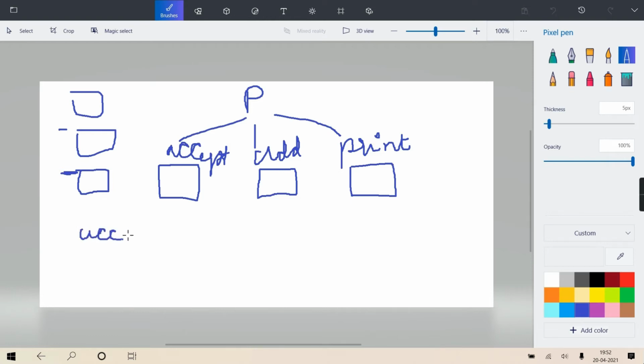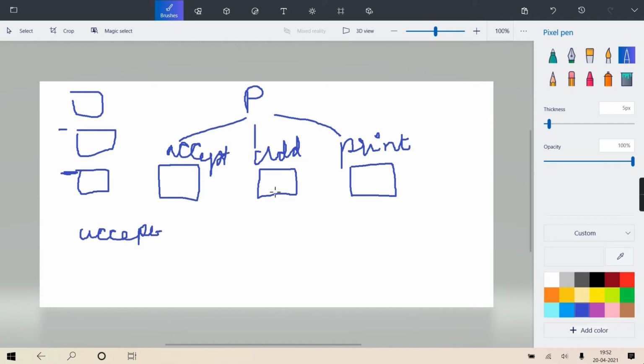You will call them, and can I call them repeatedly? Yes. If I need accept twice, I'll call twice. If I need printing thrice, I'll call it thrice. Add, anyway, is not getting reused, but the design approach becomes cleaner.